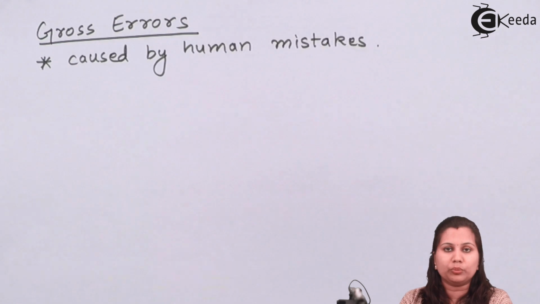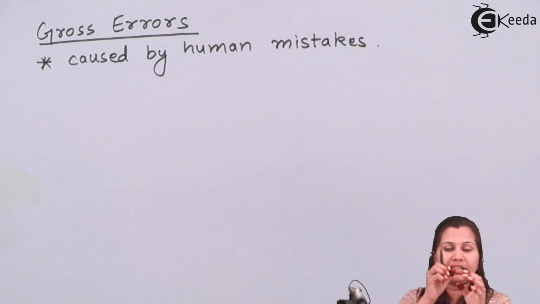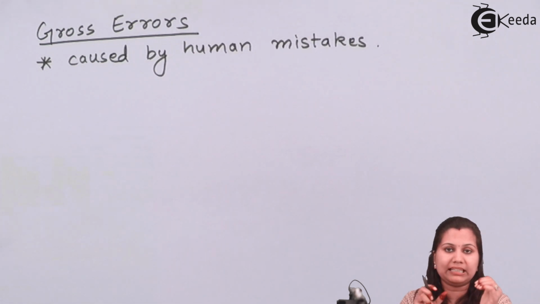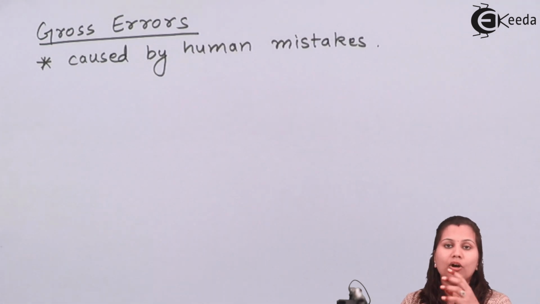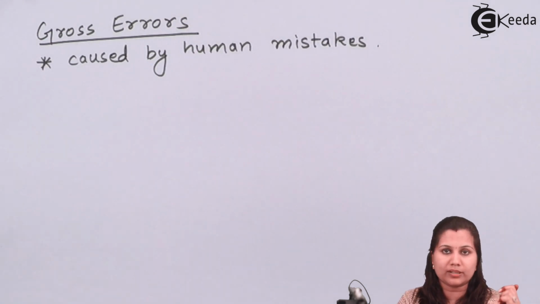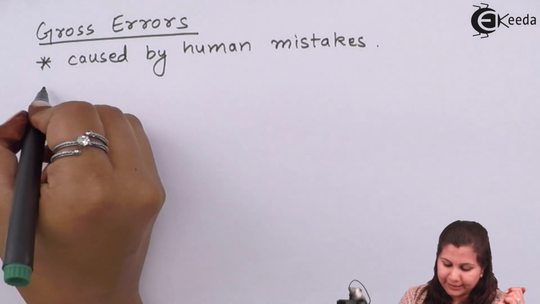When the observer is reading the instrument, then at the time of reading the instrument or taking readings from the instrument, if the observer has mistakenly written some different reading, or has not correctly taken the reading, the error which is occurring due to human mistakes will be called the gross errors. And in this case, we can see the cases like